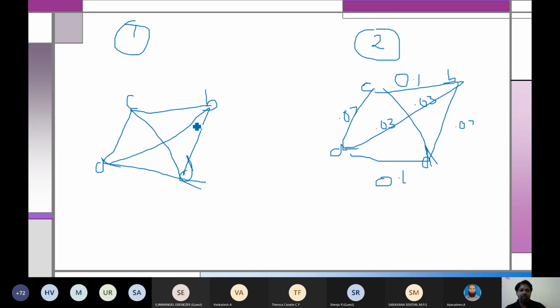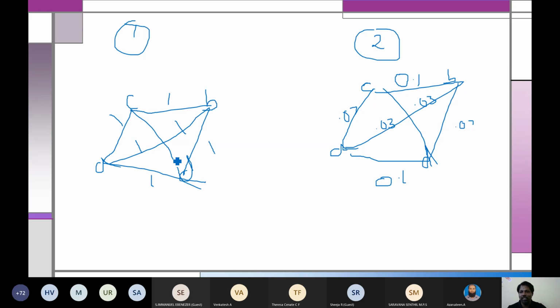In the first iteration we don't know anything. We are giving full probability for all, so the pheromone deposit will be 1, 1, 1, 1, 1. Okay, so this is the first iteration. All pheromones are the same. But when it comes to the second iteration, the pheromone content will be changing.